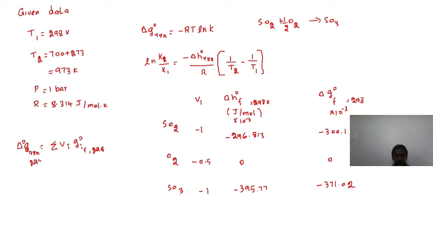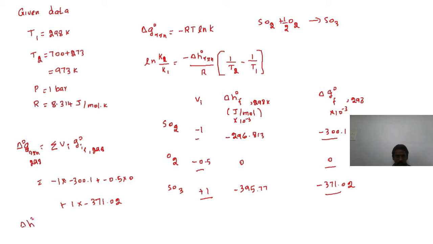At 298 Kelvin, we can expand this equation as this value multiplied by this value plus this value multiplied by this value plus this value multiplied by this value, that is minus 1 multiplied by minus 300.1 plus minus 0.5 multiplied by 0 plus the SO3 stoichiometric coefficient 1 multiplied by minus 371.02. Similarly, we can find